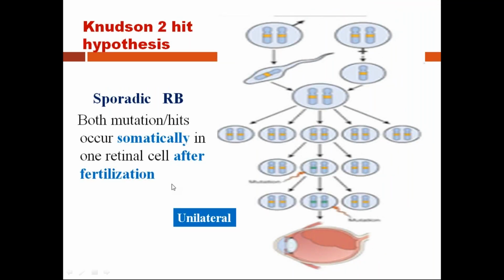Now what is sporadic? The offspring gets the normal alleles of the RB protein from both of the parents. The cell has differentiated into the somatic cells. So one of the somatic cells gets differentiated into the retinal cell. So the first and second hit, they occur in the retinal cell only. So first, the parent retinal cell, the first hit occurs when this cell undergoes one complete cell cycle and gives rise to the daughter retinal cell, then the second hit occurs.